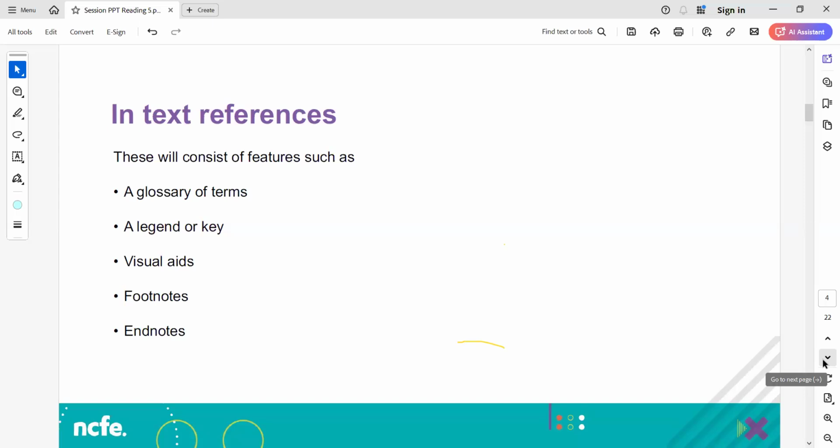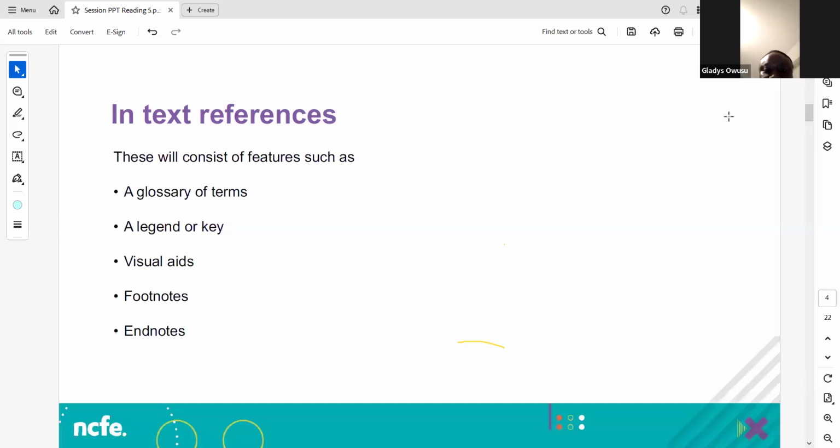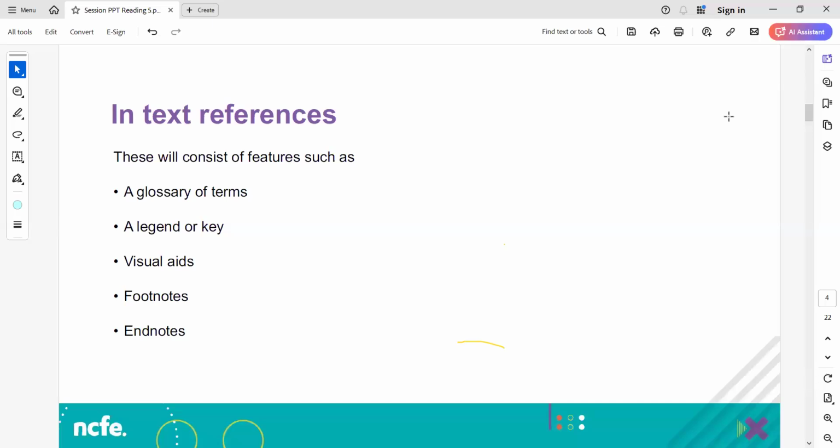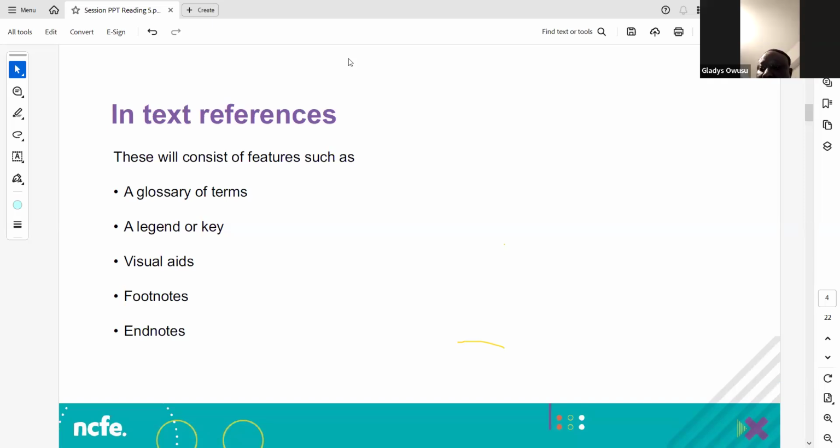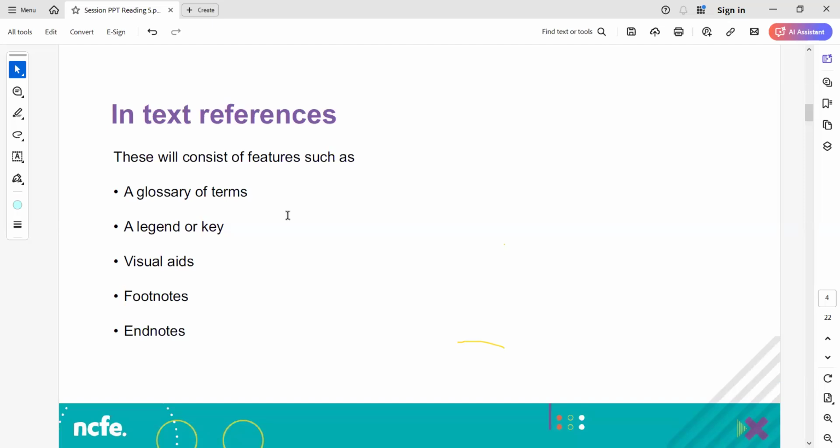So has anyone come across any of these before? So are any of these things that you recognise? Please, yes. Yeah. So I'm sure we've all seen visual aids. So we've been reading, for example, you're reading an article about a particular museum. There might be a photograph of the museum. And